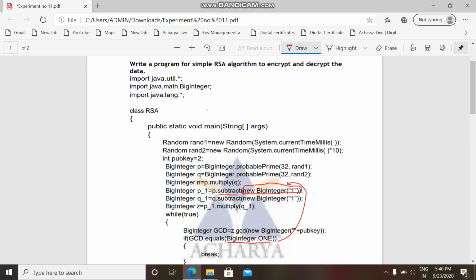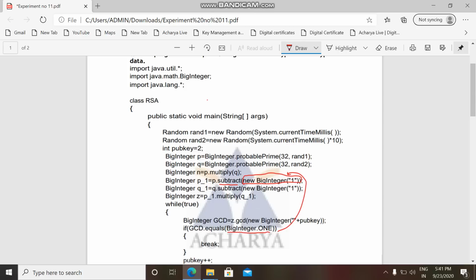The next step is to choose e. How do you choose e? You choose e in such a way that e and z are relatively prime, which means the GCD of e and z is 1. Here e is considered as the public key. We have taken it as a public key, which is initialized with 2.